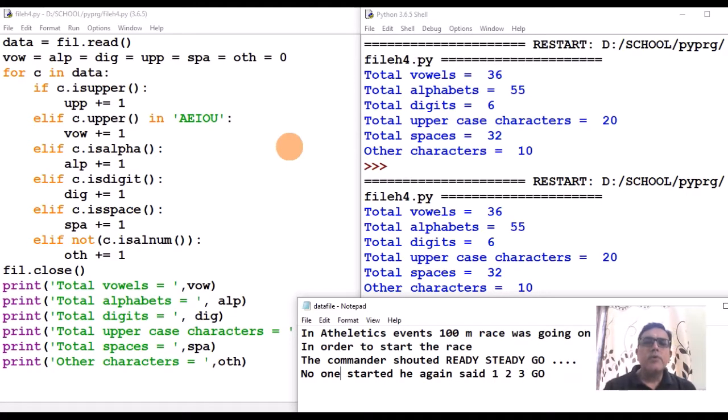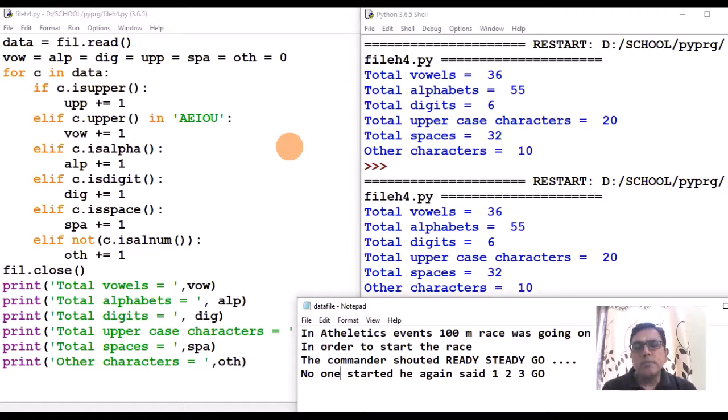Okay, so in the board examinations you may have certain variations where you will be asked to find out how many uppercase characters there are or how many lowercase characters, how many A are there in the data file, how many T are there in the data file, how many digits are there in the data file. So if the question says count the number of digits from a data file, then you will come to know that you have to check each and every character of the data file. So you will come to know that I have to read the character.